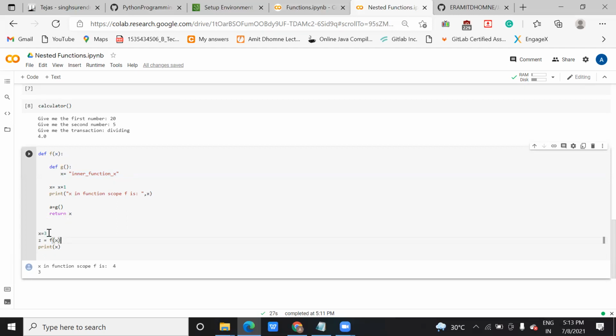After that you have already declared a global variable and z is equal to f(x). So this global variable will be copied here, pasted here, and printed. As I said, the compiler will read each and every line of the code, but it will make the function start working as we call the function.